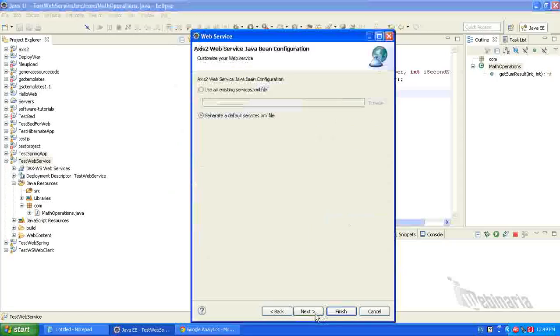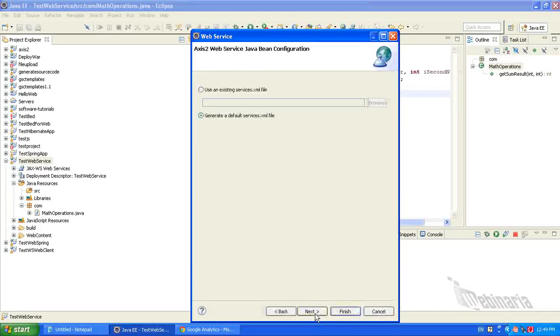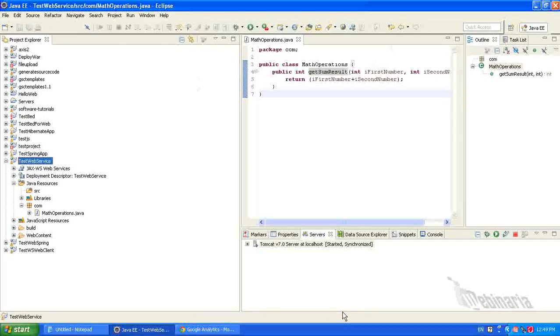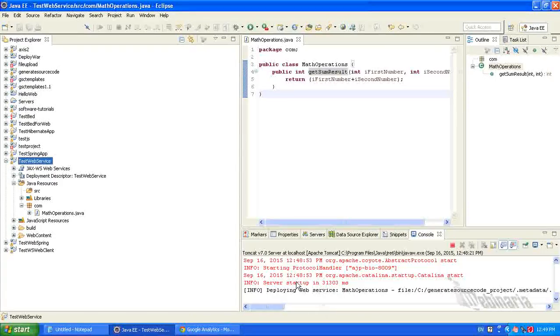Then select the web service runtime option. Select Apache Axis 2. Okay. Next. Next. Click finish button. So the web service is created.